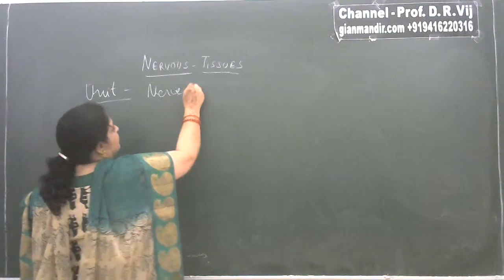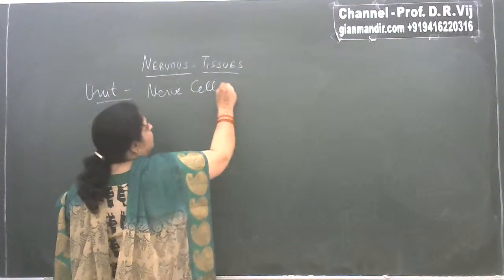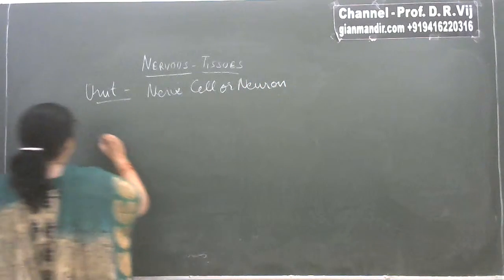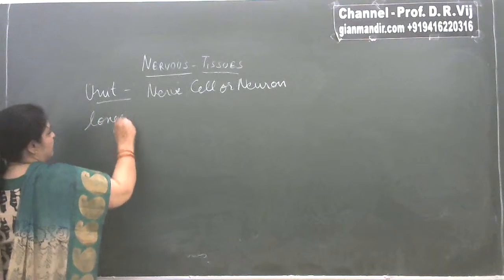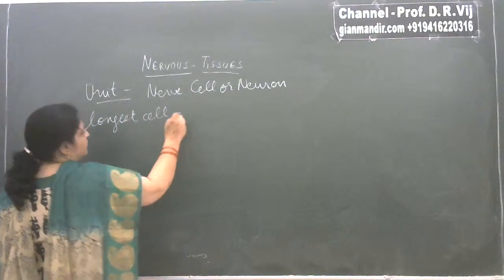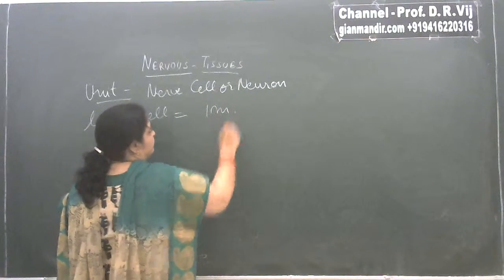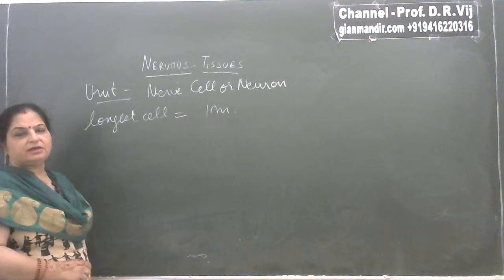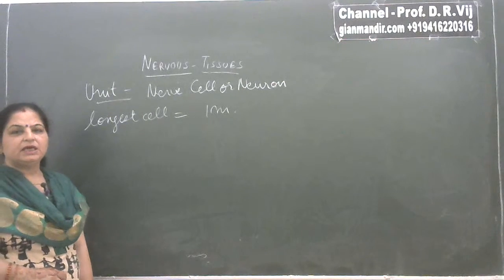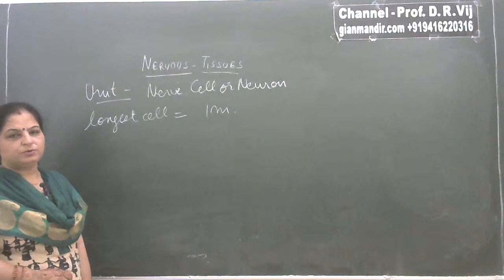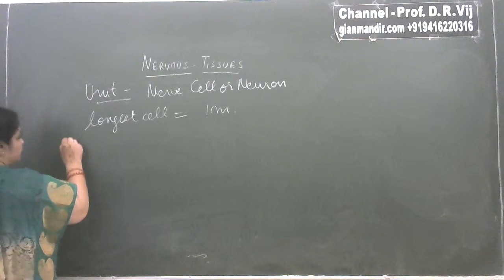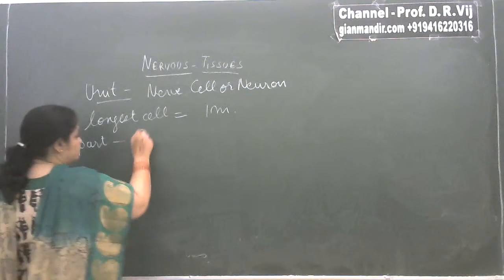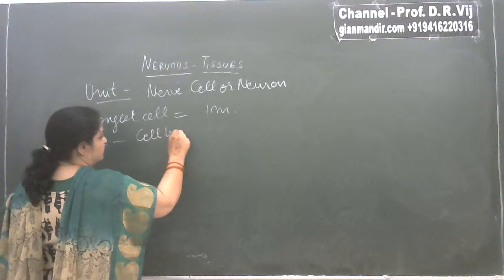The smallest unit of nervous tissue is the nerve cell or neuron, and you must have heard it is the longest cell present in our body, which may be as long as 1 meter. Its function, as I have already said, is transferring information from one part of the body to another. For that purpose there are 3 parts of this nerve cell or neuron,